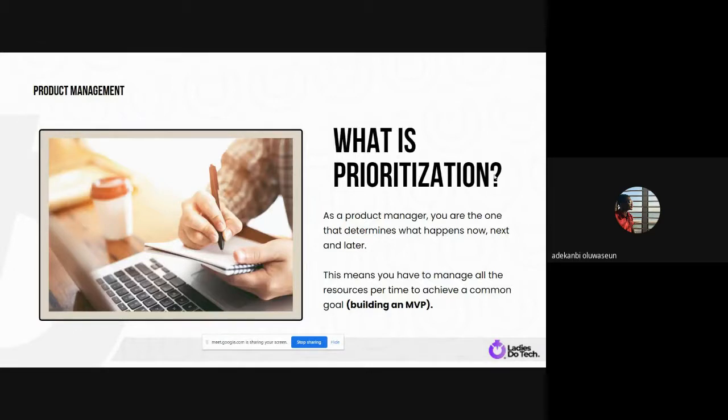Because you find yourself in so many scenarios. You find yourself in an organization where they have like 3 months to release a product, and then you have over 1 million things to build on that product, right? So you now ask yourself, what do I start with first? What should I do? People are throwing things at you. Oh, let's do this first. Oh no, I think I should do this first. You don't want to base your decision on emotions.